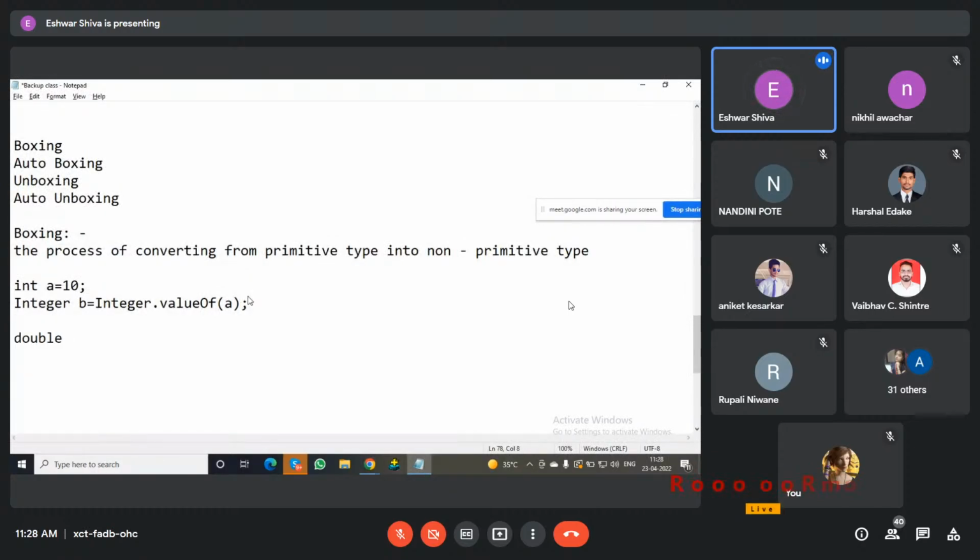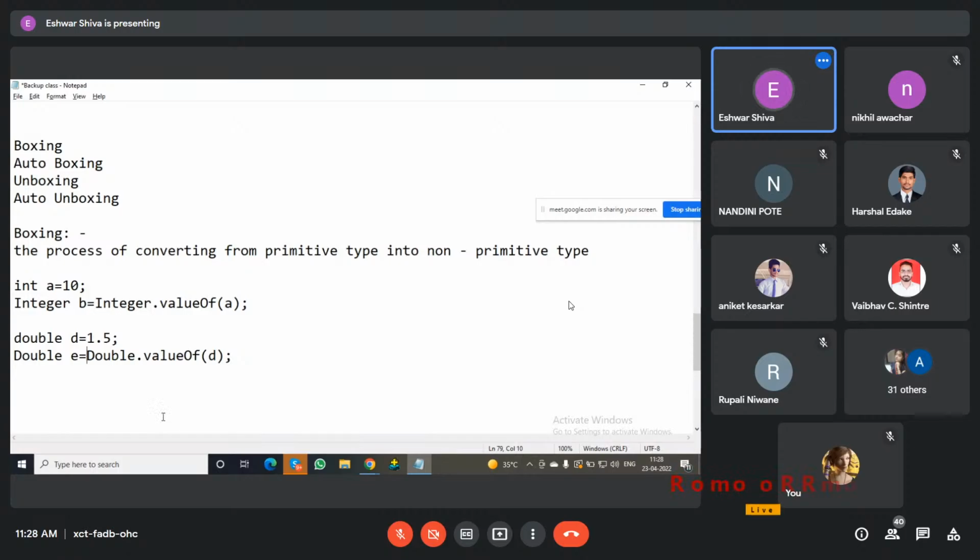Double b equals 1.5. So here it is a primitive type. The instruction I have written here is of primitive type. I need to convert from primitive to non-primitive because I need to store this element in the collection. So same as that, Double is the class, Double.valueOf(d), and the return type will be non-primitive Double. So here non-primitive Double e equals,